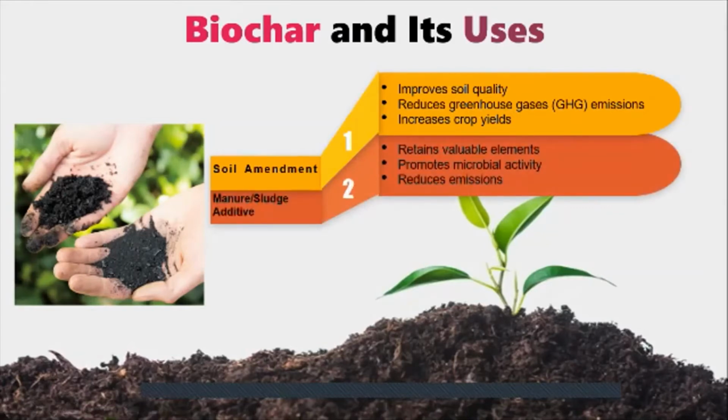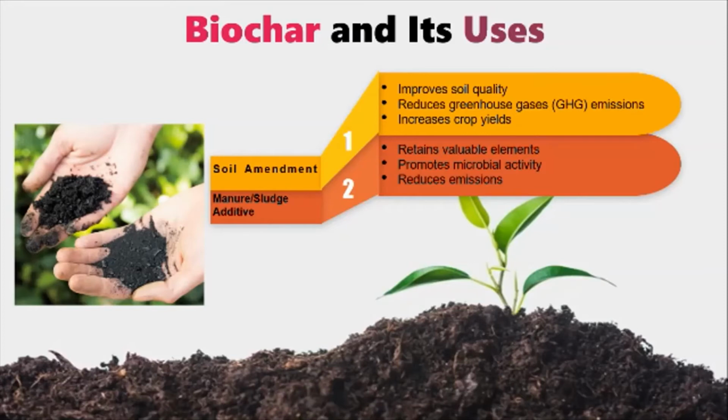Next, biochar can be used as a manure or sludge additive. Biochar with high porosity and large surface area can be an excellent absorber, retaining valuable elements, for example nitrogen, carbon, and sulfur, that typically would be lost to the environment as unwanted pollutants, as well as other microelements in a composting mixture. High surface area also provides a more spacious and aerated habitat for microorganisms, which helps in promoting the microbial activity.